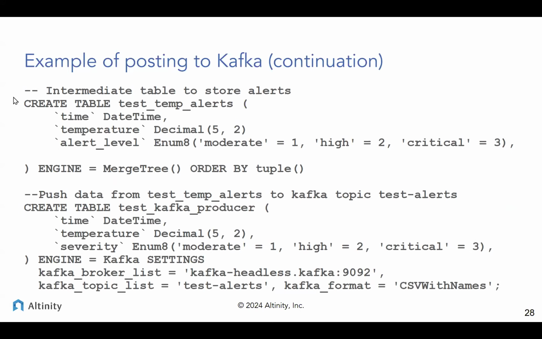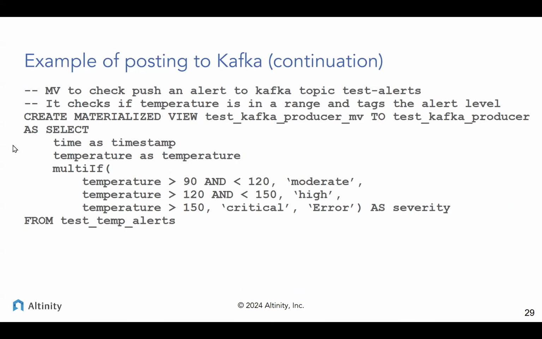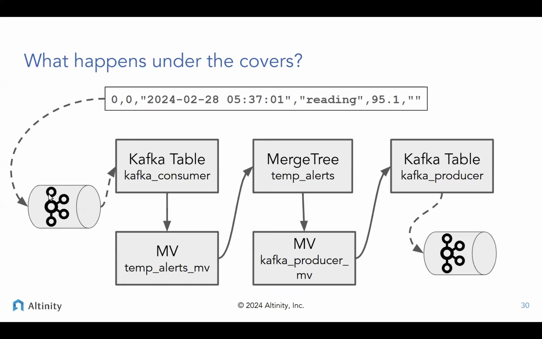Let's actually flip forward and show a picture of it, because I think that makes it easier to understand the sample. Here's a temperature reading that is out of bounds for us. What we're going to do is read it in using a Kafka table engine table called Kafka Consumer. Actually, I've shortened the names a bit so they fit in the boxes. But the consumer gets it. There's a materialized view that's reading off it. It's going to take the values and put them in temp alerts,